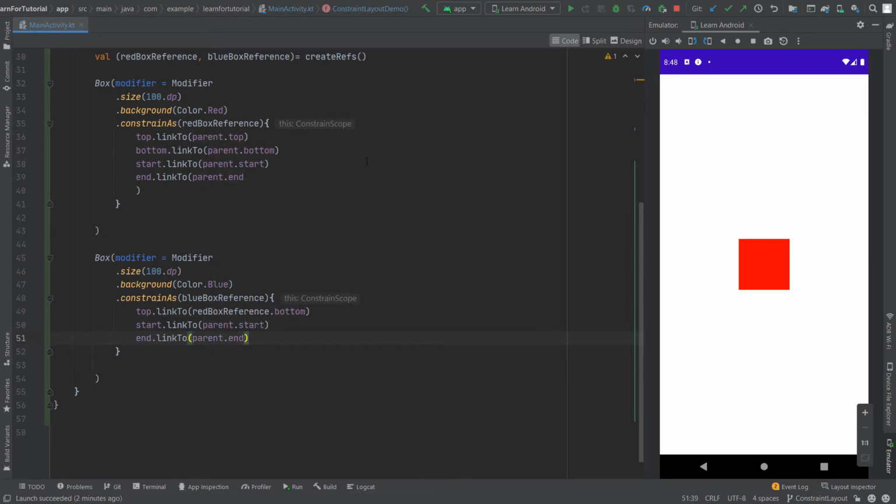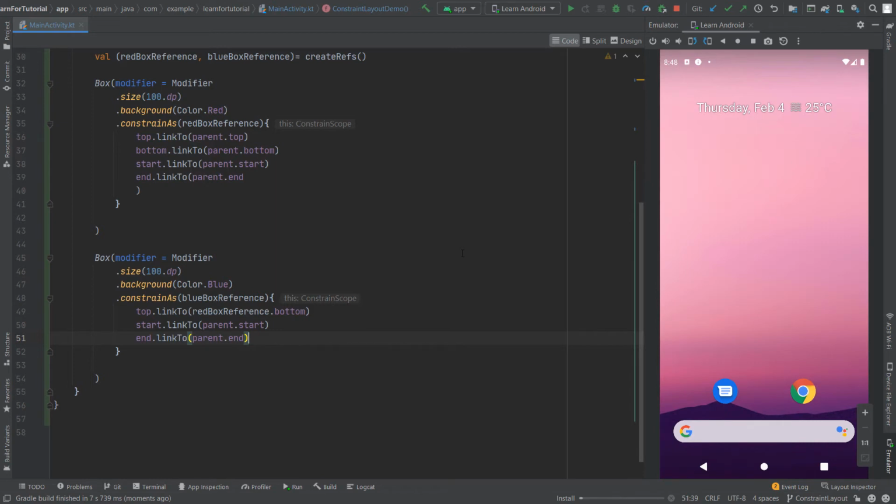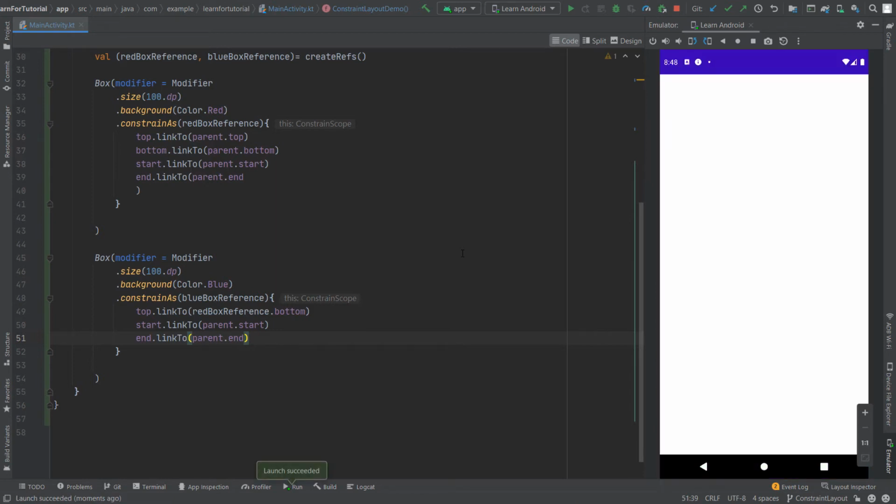Now if we run our program, our blue box will be placed right below our red box, since we have set the top constraint of blue box to the bottom of our red box. As you can see here, our blue box is right below our red box.